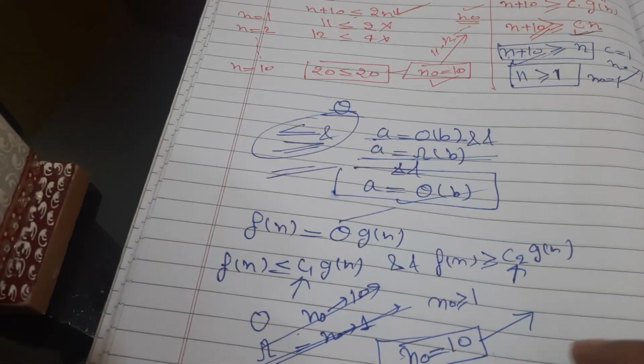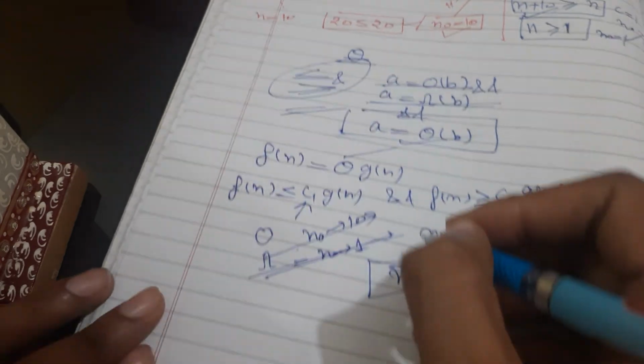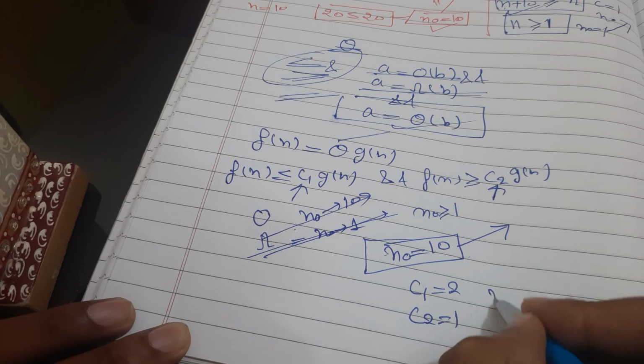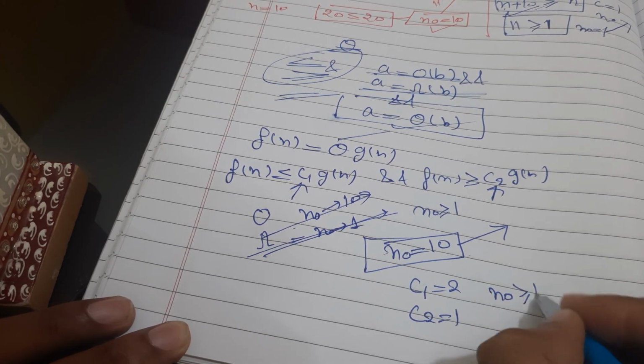Theta is possible when c1 is equal to 2, c2 is equal to 1, and n naught is greater than or equal to 10,